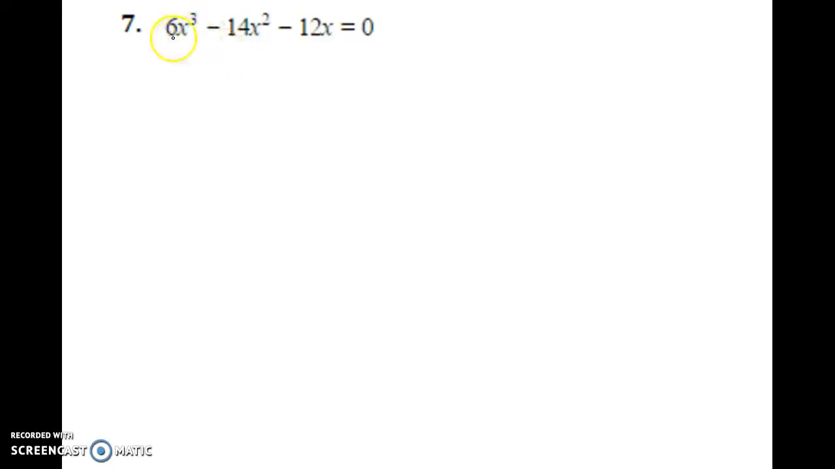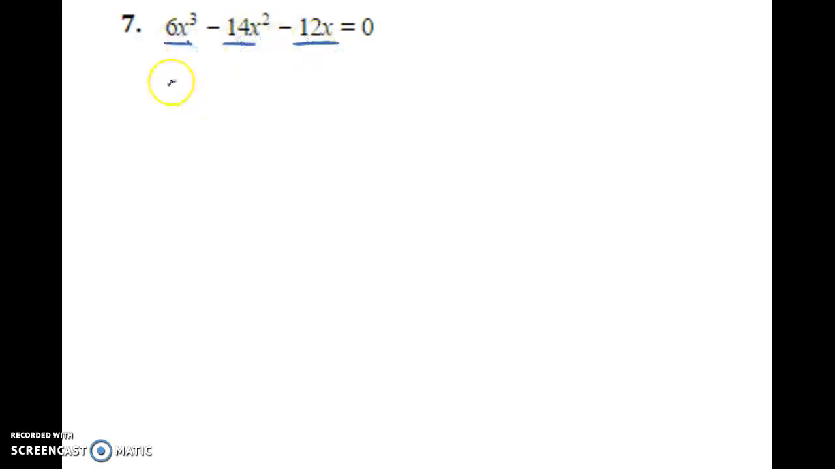Anytime we see an equation with multiple x's like this, it means factoring is going to be the thing we have to start with. And the way this currently looks, factor by grouping is not going to work. There's not enough terms. We're going to look for a greatest common factor. And I noticed the 6, the 14, the 12, they're all divisible by 2, and they each also have an